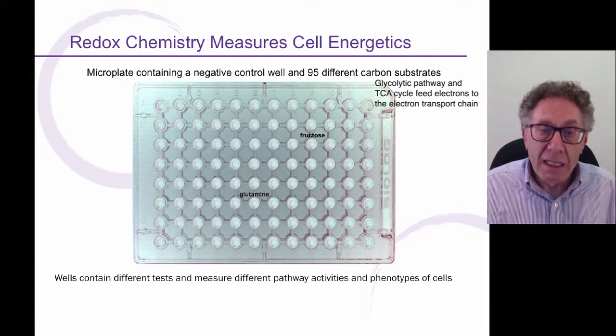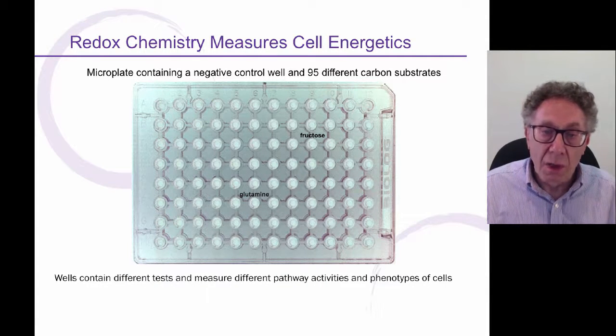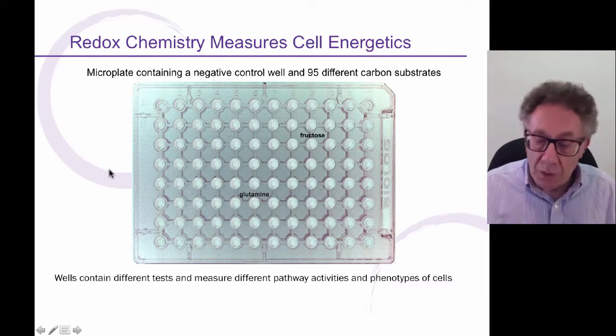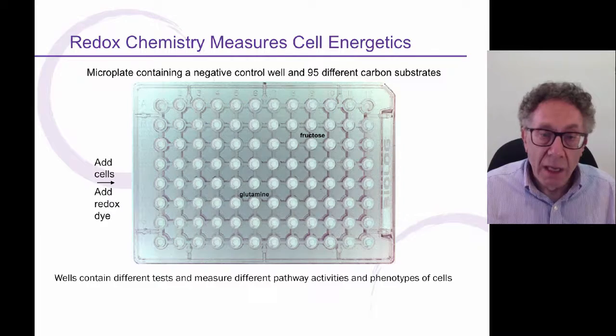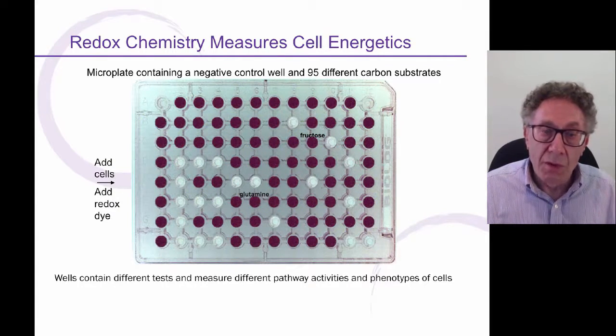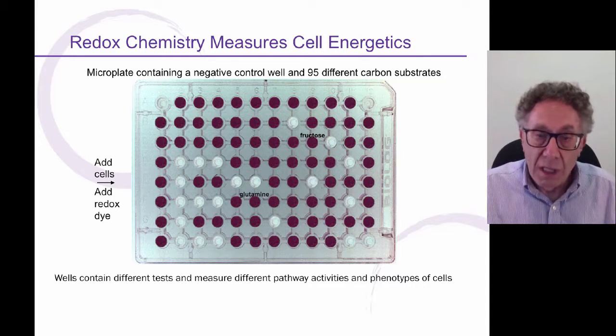And this is very easy technology to do. The physical state of these assay plates are just 96-well microtiter plates with different nutrient chemicals dried in the bottom of the wells. So in this example, I'm showing one well with fructose, one well with glutamine, other wells with other nutrients. To run the assay, you simply pipette in a cell suspension with the redox dye, and over a period of hours to days, the cells will produce energy differentially in these different wells, and you'll get different rates